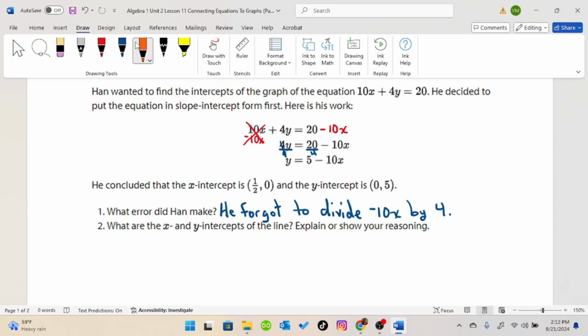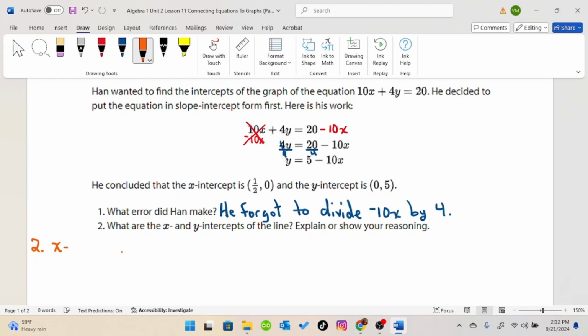Question number 2. What are the x and y intercepts of the line? Explain or show your reasoning. Han's first mistake is choosing to change the equation to slope-intercept form. The standard form it's in is the one that is useful for finding your x and y intercepts. So for number 2,